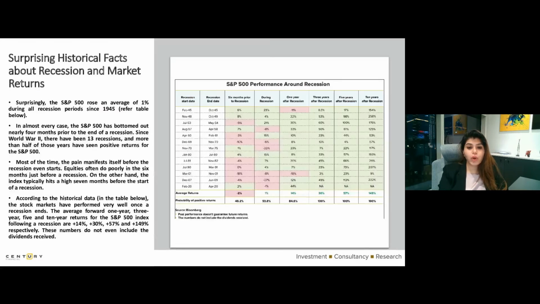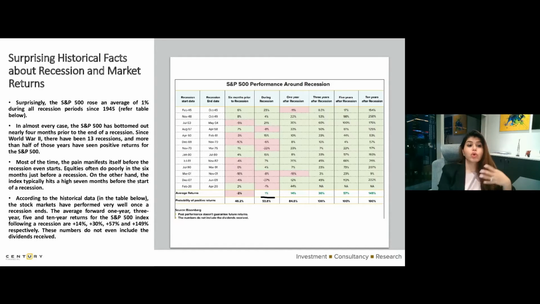So just look at this slide and look at this data over here. Historically, whenever there has been recession in the past, like in the last 13 recessions that we've seen starting from World War II, markets during the recession period have actually gained an average of 1%. Isn't this really surprising? Because most of us generally feel that, okay, there's a recession and stock markets are going to crash. But what has been seen historically is that markets generally tend to correct before